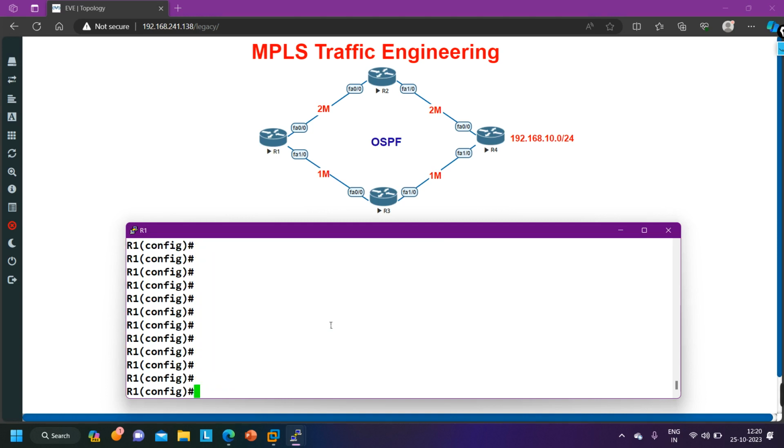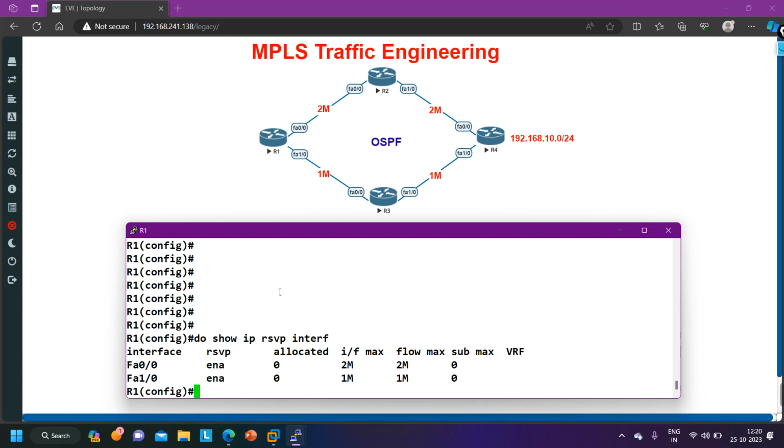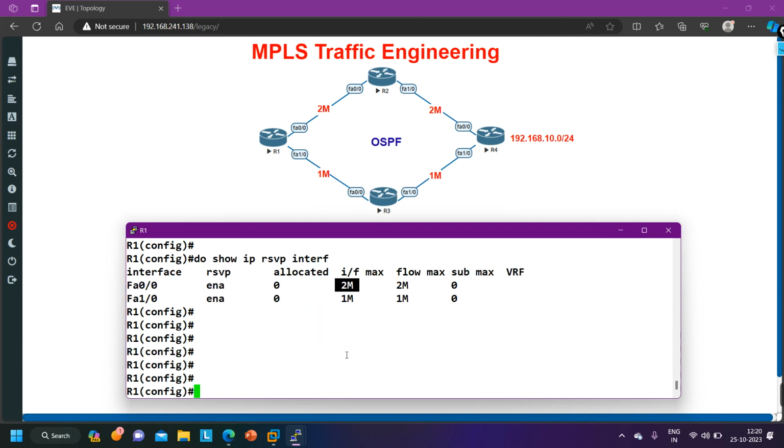And now if you verify with show IP RSVP interface, you can see on FastEthernet 0/0 we can reserve up to 2 megabits per second, and on FastEthernet 1/0 we can reserve up to 1 megabit per second, but allocated bandwidth is 0. Now we have not reserved any bandwidth, right? This is the maximum value which we can reserve here. Fine. So here we have enabled MPLS traffic engineering globally and in interface mode also,